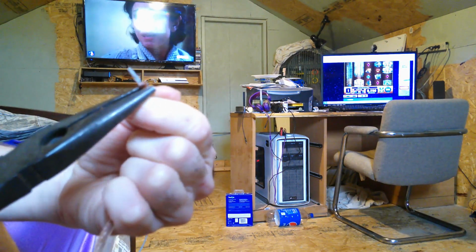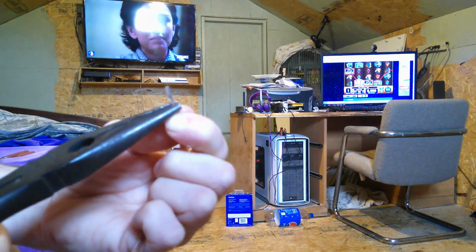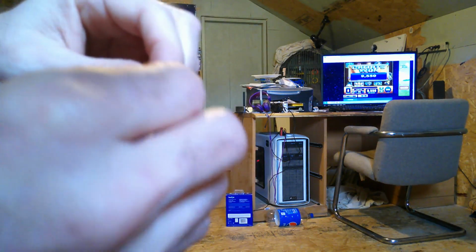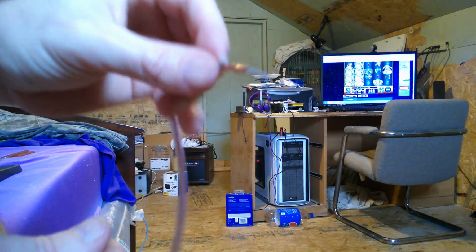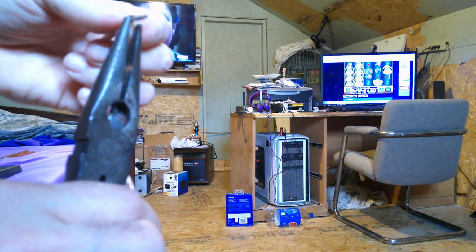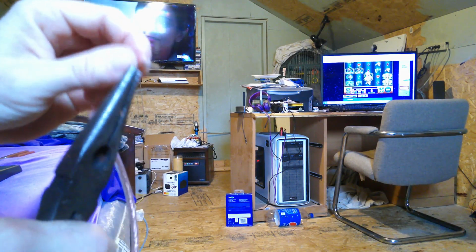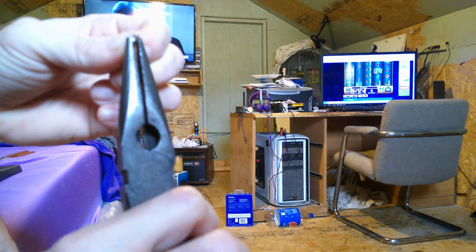I know you're probably not seeing this very good. I'm not neither. These wires are so small. I got a good crimp on it. But then up front, it's got another little tab where it needs to be crimped. So you got to get that one. If not,